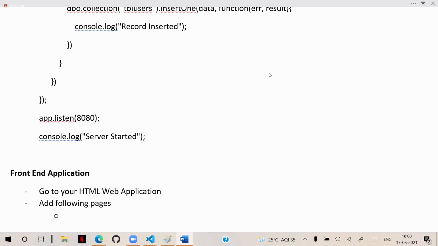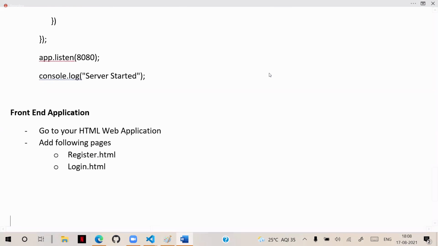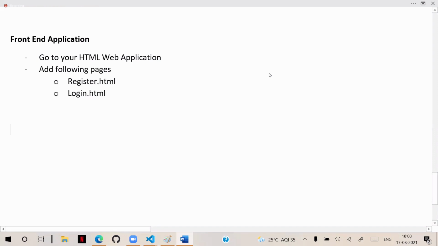One page we need is register.html. Another we need is login.html. We need these two pages. Now we are configuring register.html.